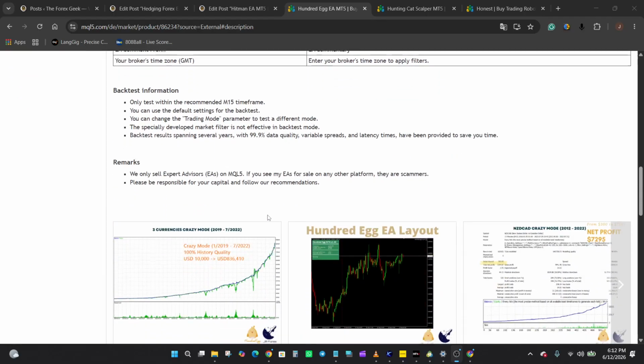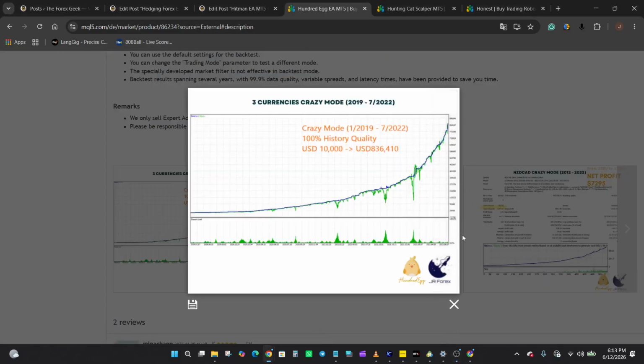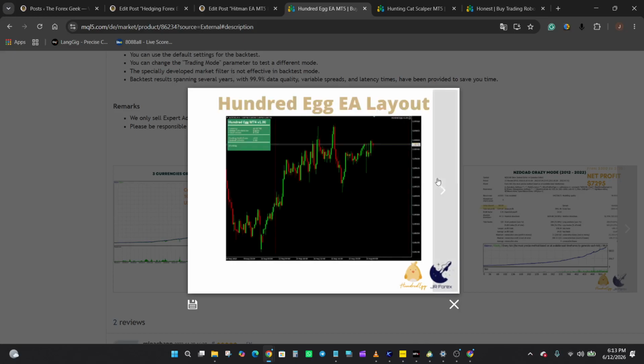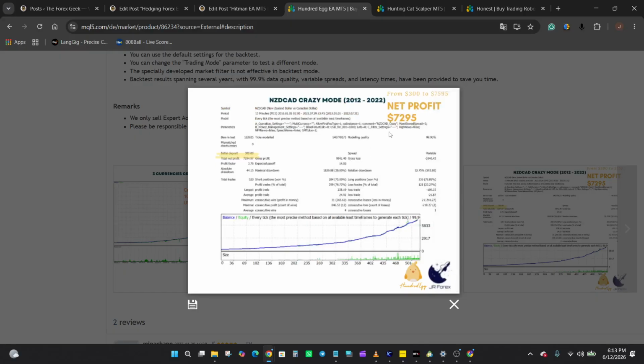Now, let us start by looking through the provided information here. The crazy mode here is showing us from January 2019 to July 2022, 10,000 US dollars turned to 836,410 US dollars. Okay, this shows the 100 egg EA layout, and then here we have the backtest results for